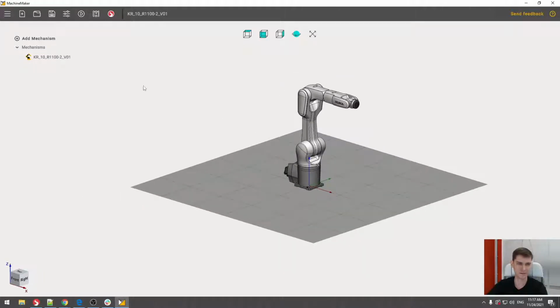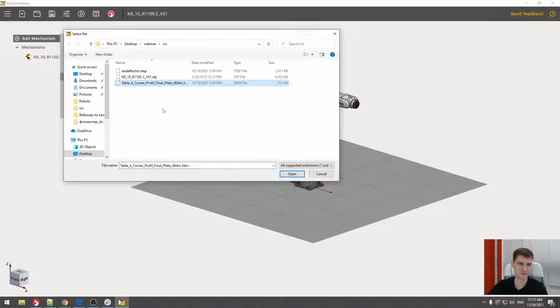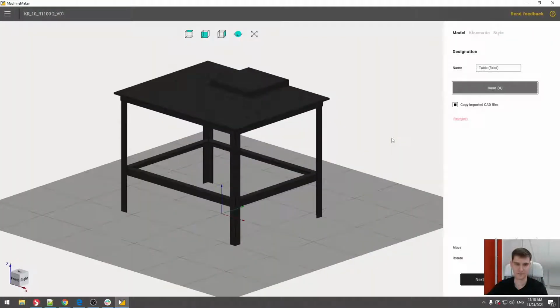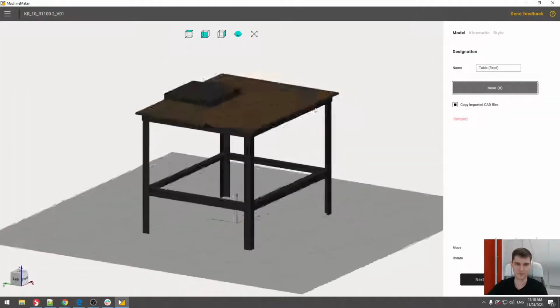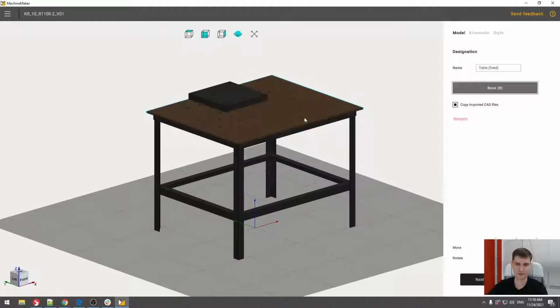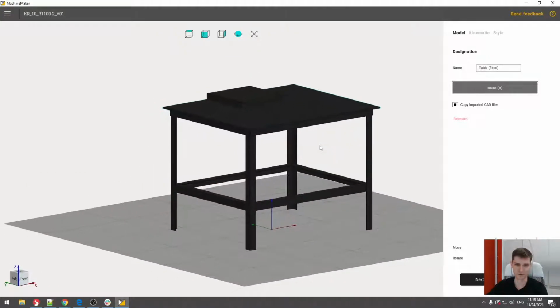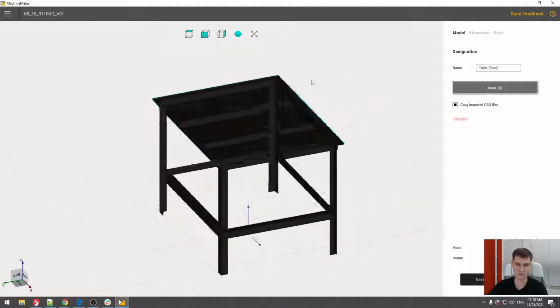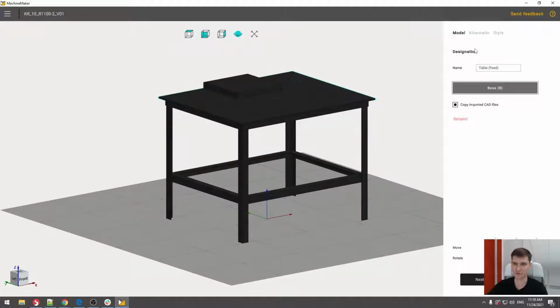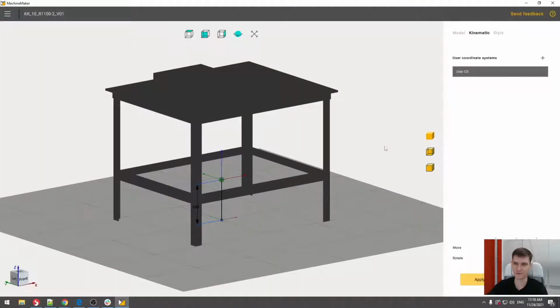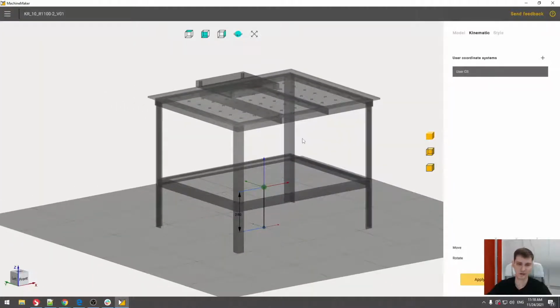After that, I add our table. I click add mechanism, select fixed table, and select the 3D model of the table. We made this 3D model in a CAD system. Import is complete. Okay, we see our table. Here we also select all parts we want to import to our project. All parts are imported by default, so I just click next to the kinematic tab, and here I must set